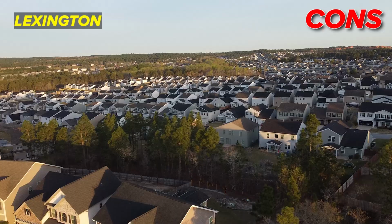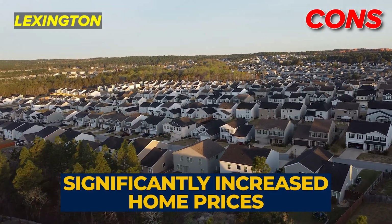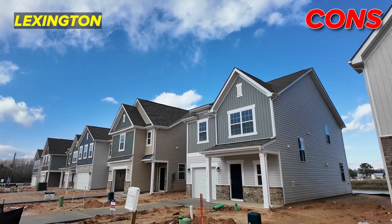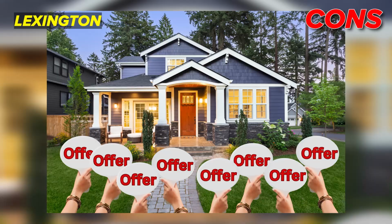But continuing on, home prices as well have increased significantly over the last 5 to 10 years. I tell people it's honestly one of the biggest deterrents for why some don't move to the area. They feel their money doesn't go as far as they thought when they hear about our average price point, whether they feel it's new construction with lots being too small, or still continuing to run into multiple offers